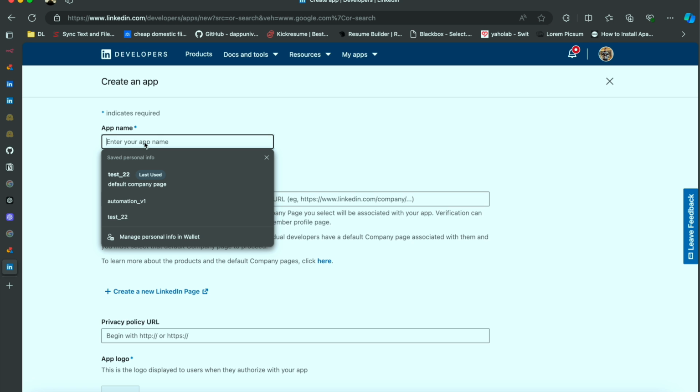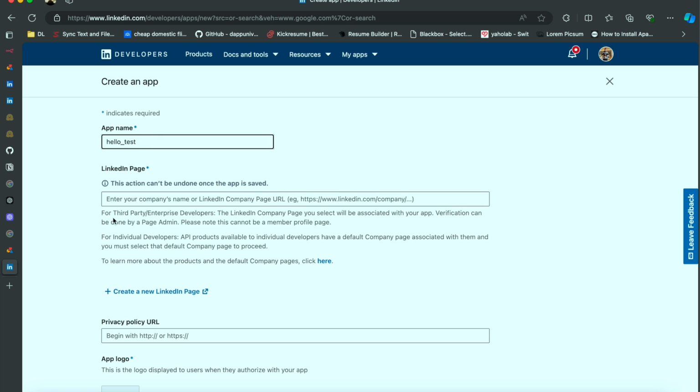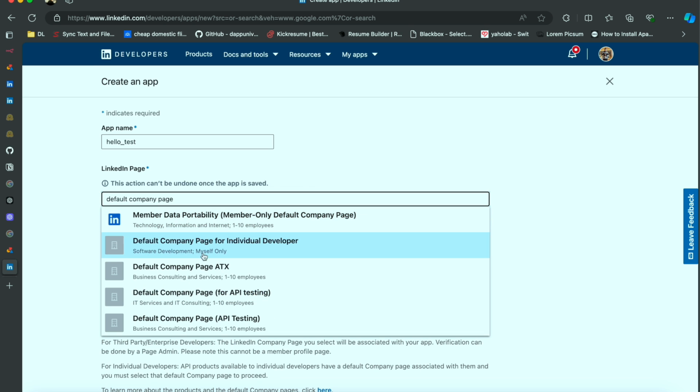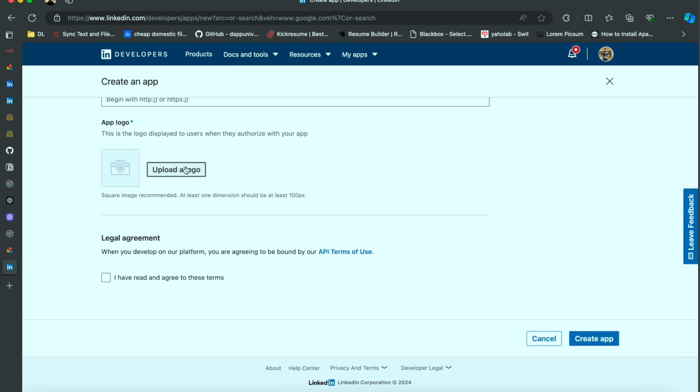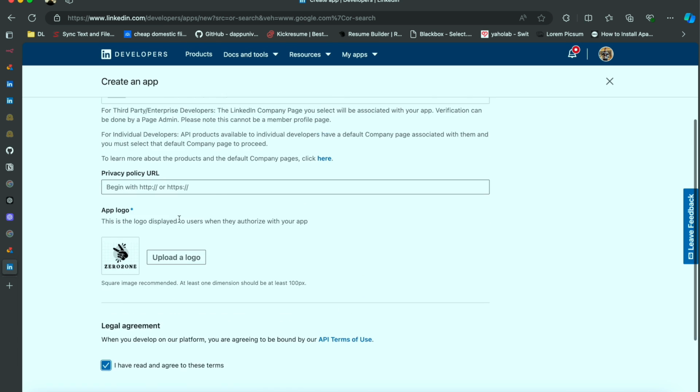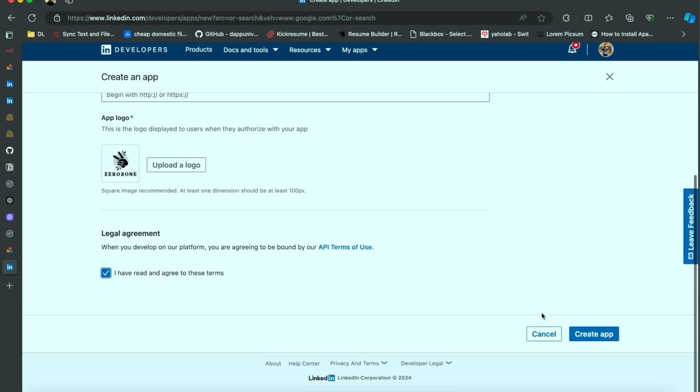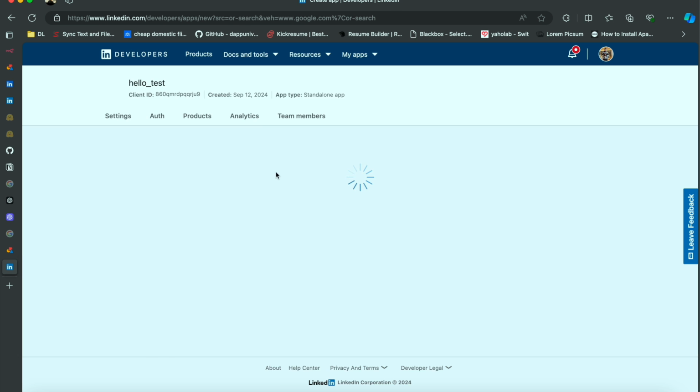You can call it something like hello test, and for the company page, if you search for default company page for individual developer, you need to select this one. Then the privacy policy you can leave as it is. For a logo, you can add any picture. It doesn't matter. I'll add this one. I have read the agreement, and then create an app. Once you create it,